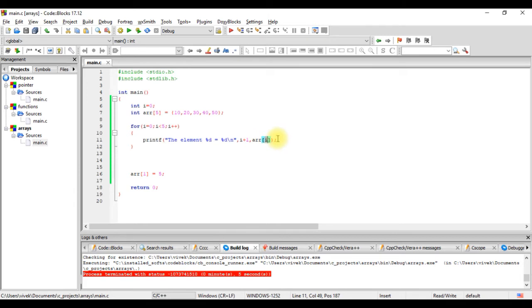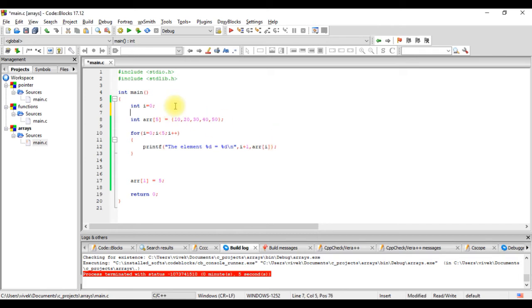Now in the same program, if we want to do the averaging, let's take a variable average, int avg. Let's give it an initial value 0. To take the average, we have to take the sum of all these numbers and divide it by this value 5. That is the total of the 5 numbers divided by the number of numbers. So we take avg equals avg plus arr of i.